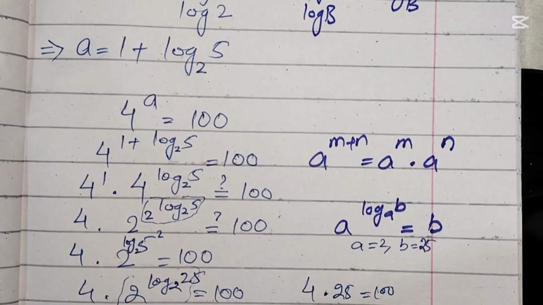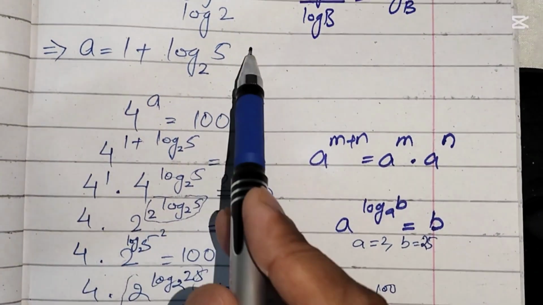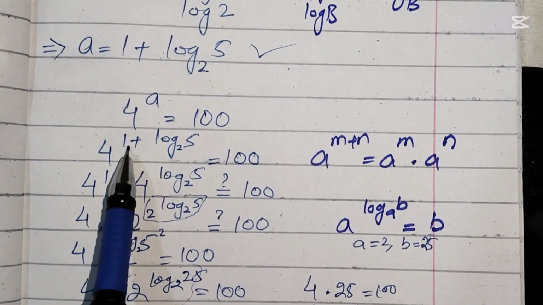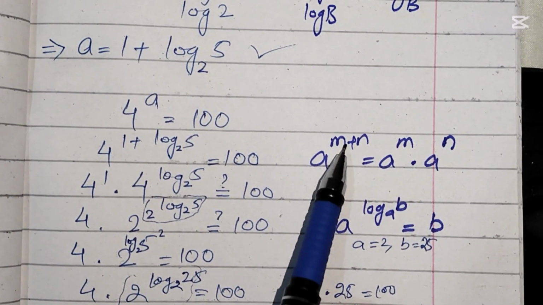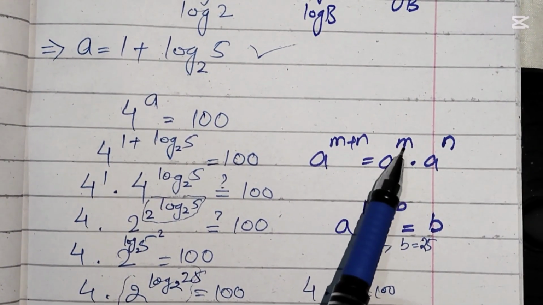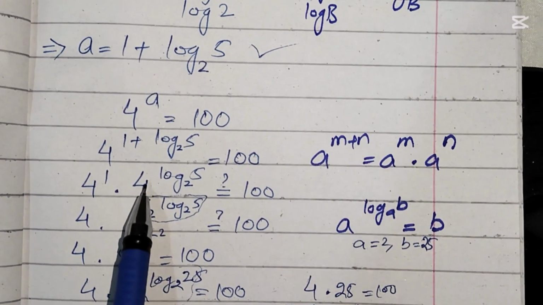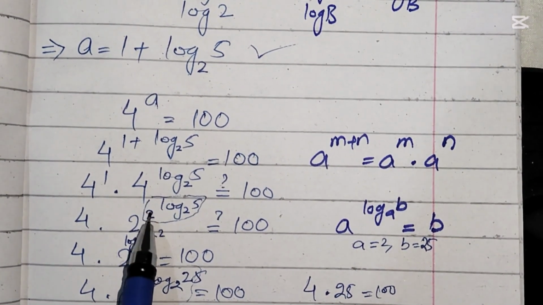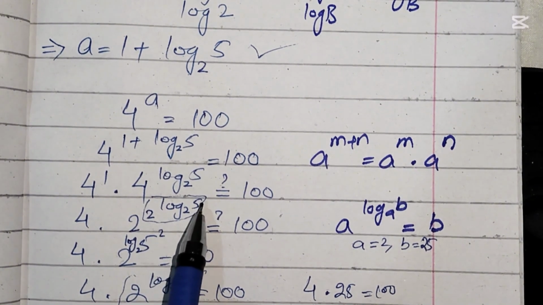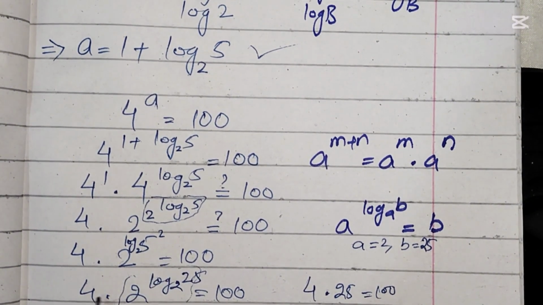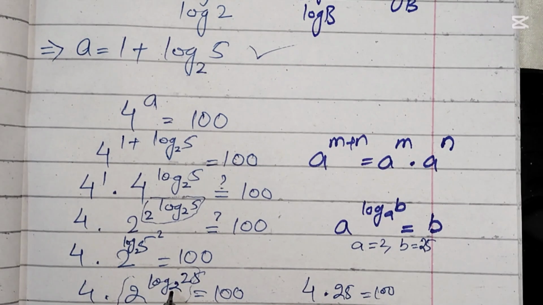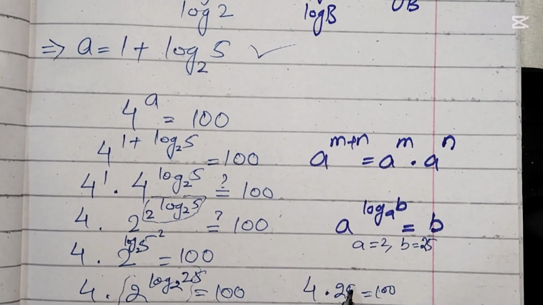It means our value of a is totally correct. We have put the value of a here. We will use the formula a power m plus n equals a power m times a power n. Then we can write 4 as 2 square. Then this square can be written as 5 square, which is 25. So it will be 4 into 2 power log of 25 to the base 2. So 4 into 25 is